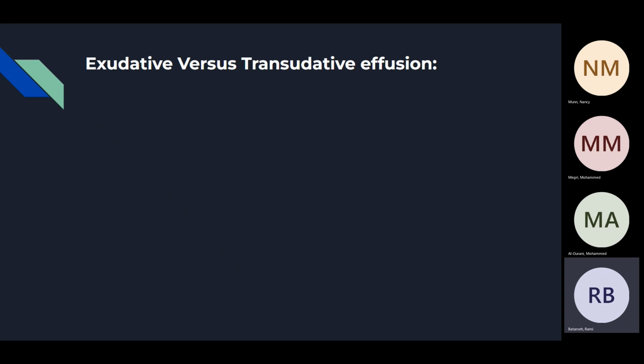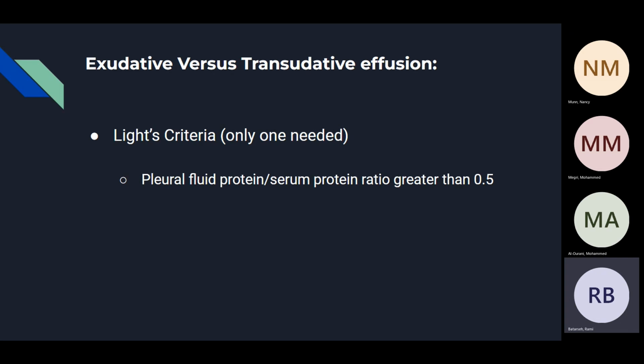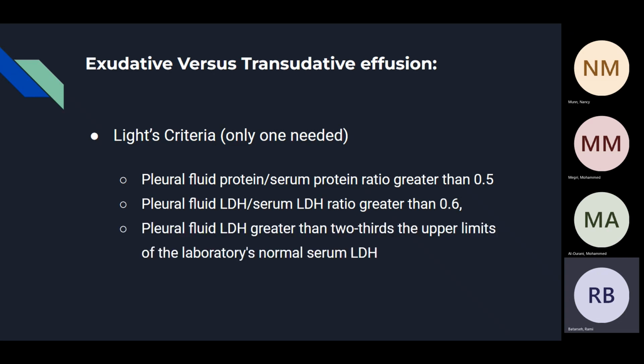Like I said, objective number 2, we're going to talk a little bit about the exudative versus the transudative effusion. We're going to review Light's criteria. You all know it. This is just a review. Pleural fluid protein to serum protein 0.5, or LDH ratio 0.6, or the pleural fluid LDH greater than 2/3 upper limit of normal. This is Dr. Light's criteria,